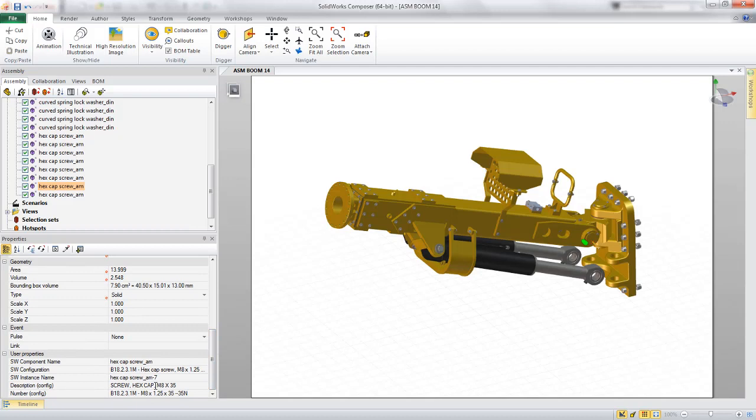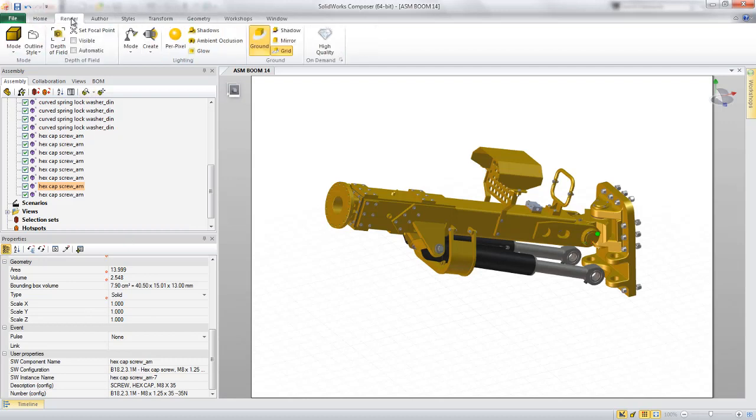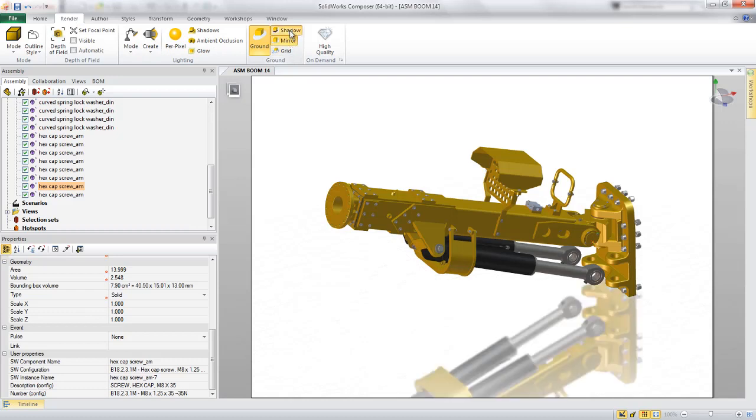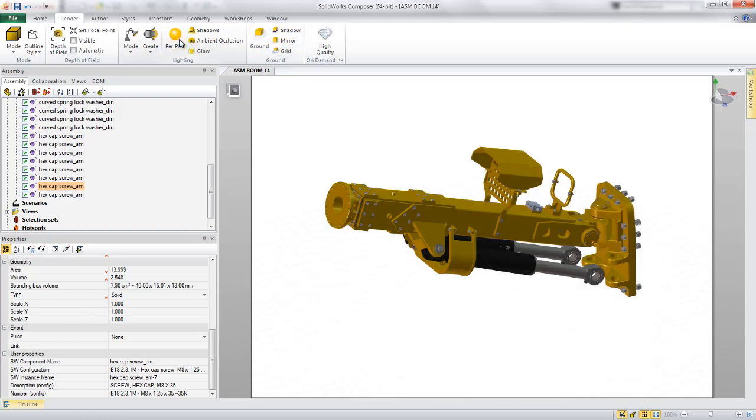Let's go ahead and take a minute and get a quick understanding of the user interface. It's much like many Windows applications in that there's a ribbon toolbar across the top with tabs for discrete operations. This makes it easy to find the tools that we're looking for. Graphically, there's many settings we can adjust as well. We've already seen the grid on the floor, but there's also the ability to enable a mirrored surface and shadows. Per pixel lighting is a great way to make the image pop, and ambient occlusion will add some really nice